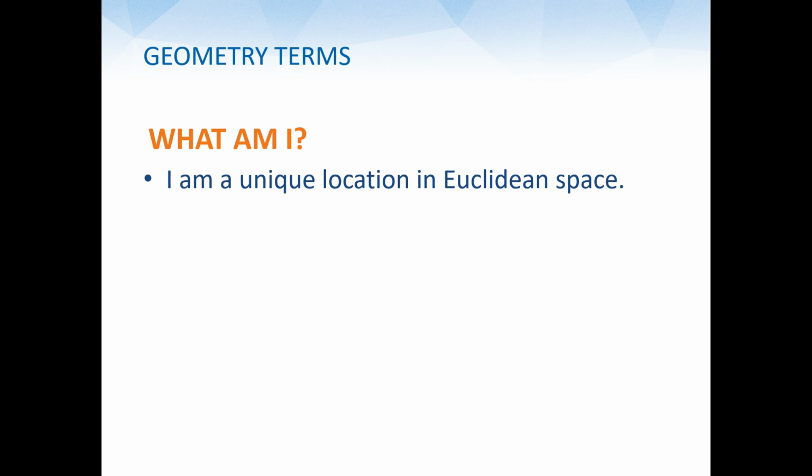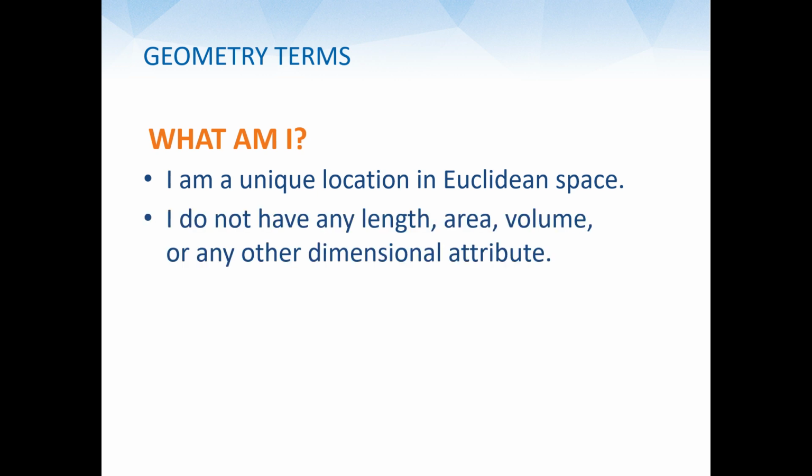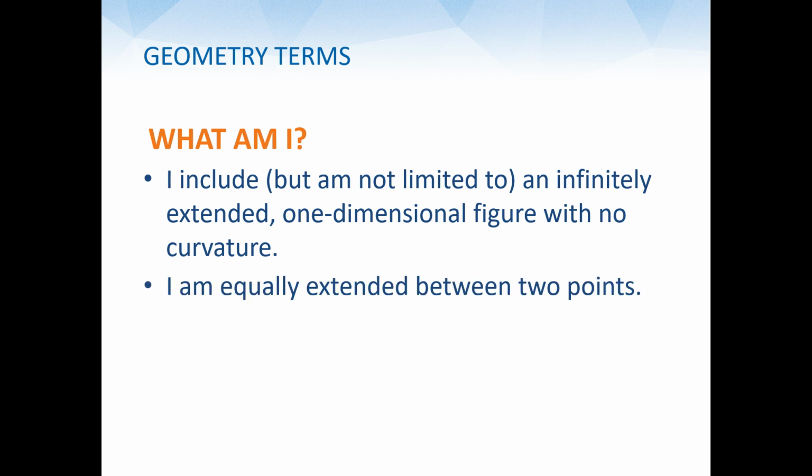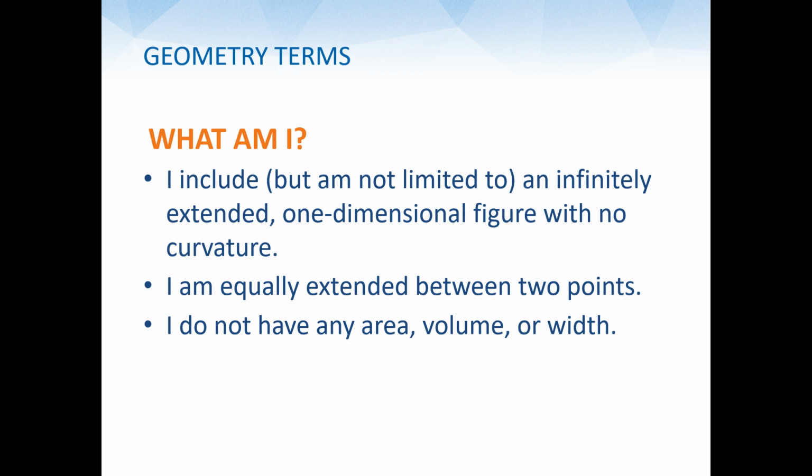For example, I'm a unique location in Euclidean space. So what is it? There's no length, area, or volume, or any other dimension attributable. It's a point. Next, I include, but not limited to, an infinitely extended one-dimensional figure with no curvature. I'm equally extended between 2 points, and I do not have any area, volume, or width,